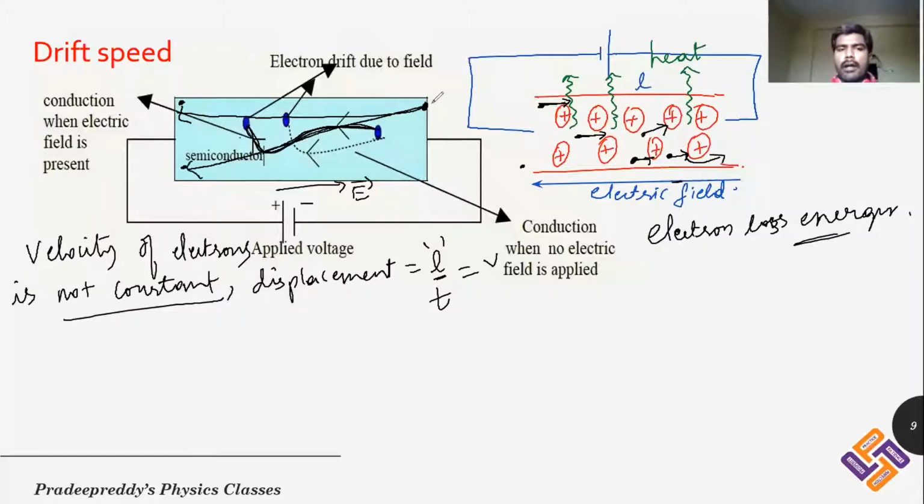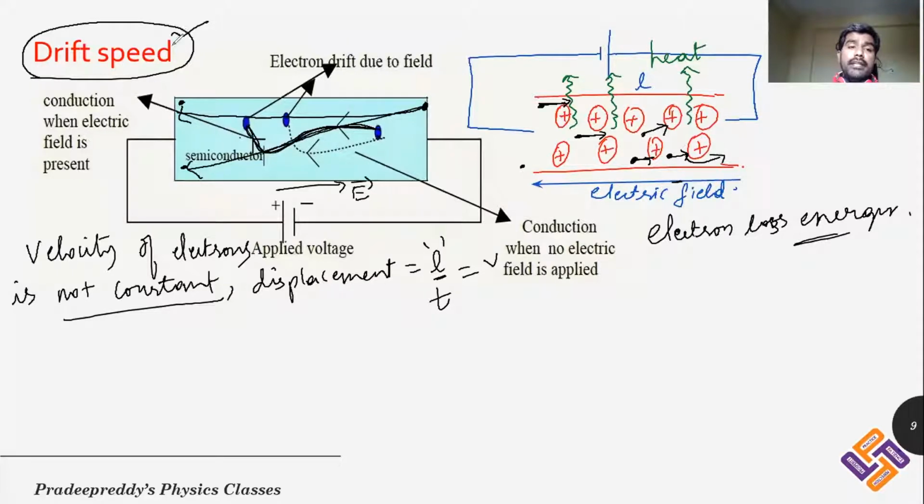But overall, how much length is it traveling? It is traveling throughout this particular conductor. Therefore, instead of taking a particular instantaneous velocity for each electron, we calculate the drift speed of the electron. Why are we calculating drift speed? Because electron speed within a conductor is not constant. Therefore, we need to take the average speed of the electrons throughout its collisions in the wire. Such a speed is called drift speed.